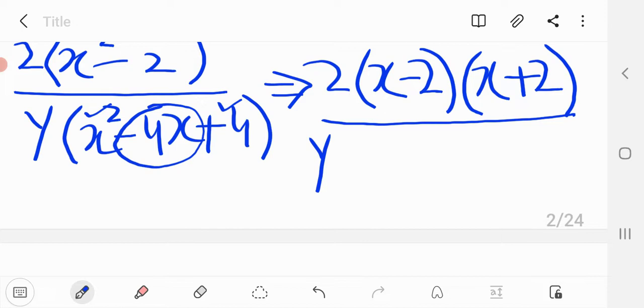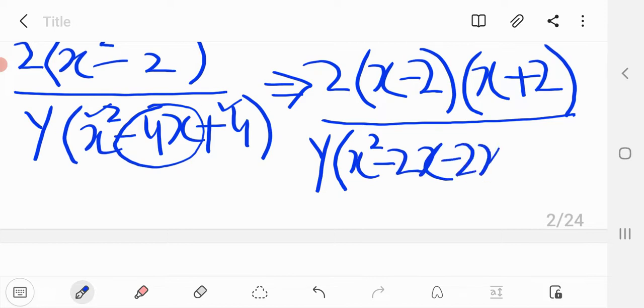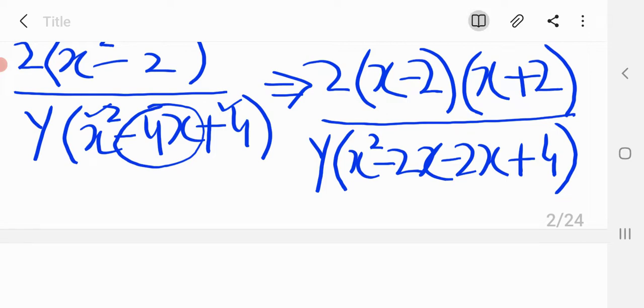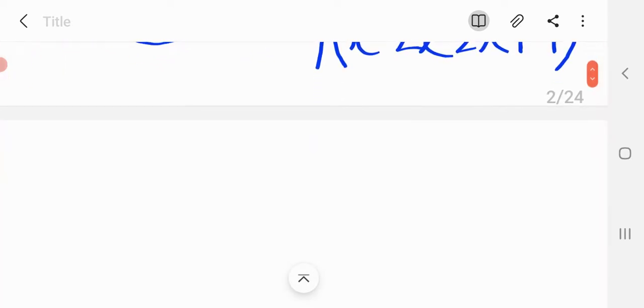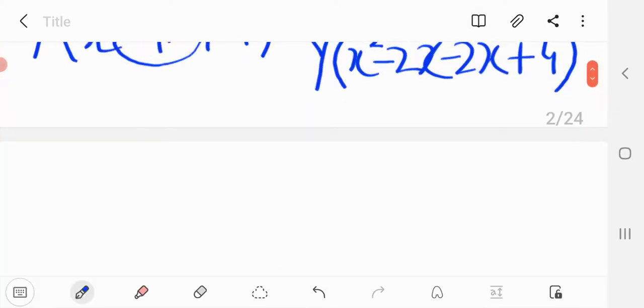So let me write them: x square minus 2x minus 2x plus 4, because minus 2x minus 2x added gives minus 4x, and when multiplied the answer is 4x square. So let me proceed again. I'll write the question in this form: 2 into x minus 2 and x plus 2